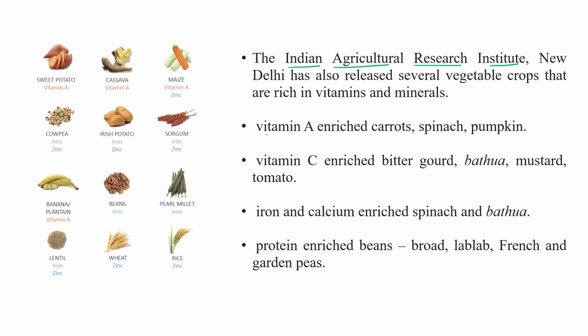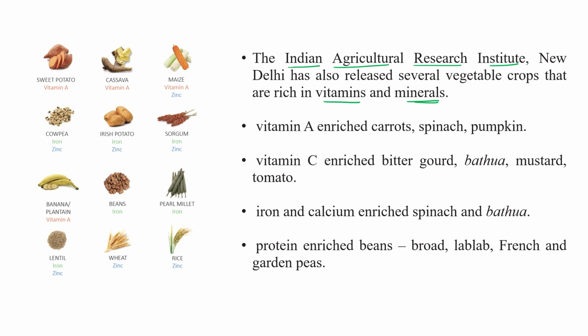These varieties have been released from time to time, and these are rich in various vitamins, various mineral content. As you can see, these three: sweet potato, cassava, maize, these are rich in vitamin A. Similarly, this banana is also developed by IARI, which is showing rich content in vitamin A. Some others like cowpea, Irish potato, sorghum, wheat, rice, lentils, these are rich in both iron and zinc. Okay, so these are varieties already developed by IARI, and so much research work is going on into how we